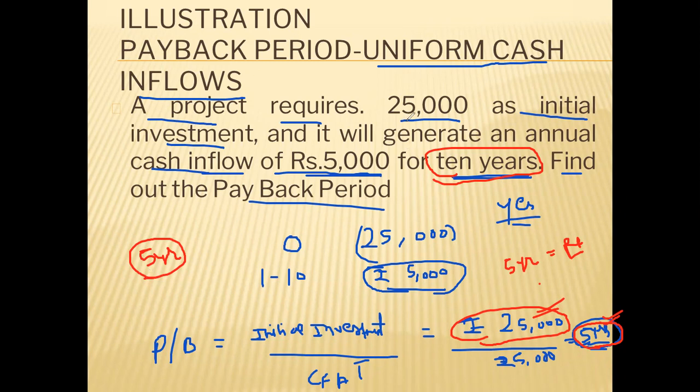Understood? So in this session, you are investing 25,000, clear, and 5,000 is your annual cash inflow. So 25,000 divided by 5,000 will be 5 years, clear. So remaining 5 years will be your profit. So out of the 10 years, you have recovered your cost in 5 years, entire cost. So remaining 5 years will be your profit. No? So you can say that you can invest in this project, you will get profit.